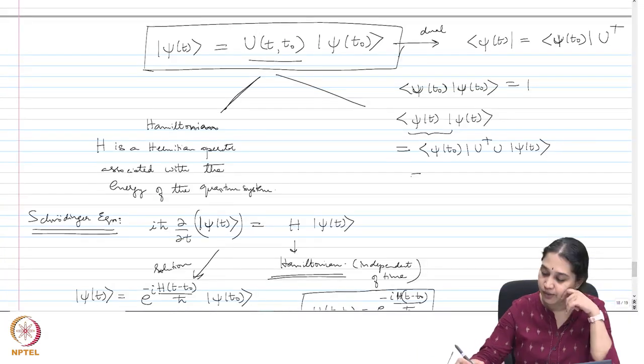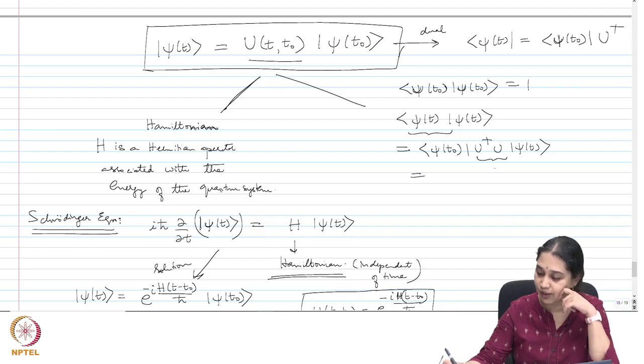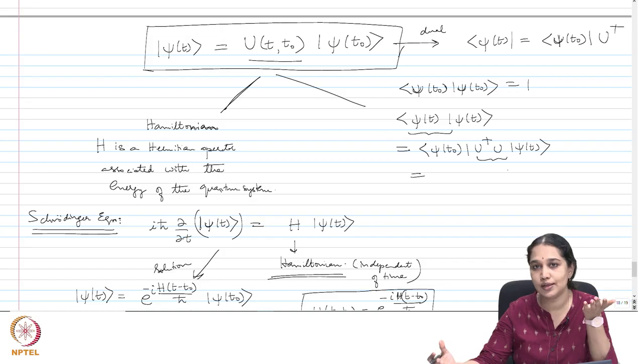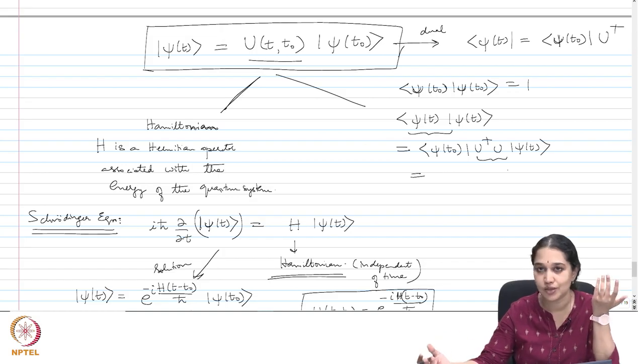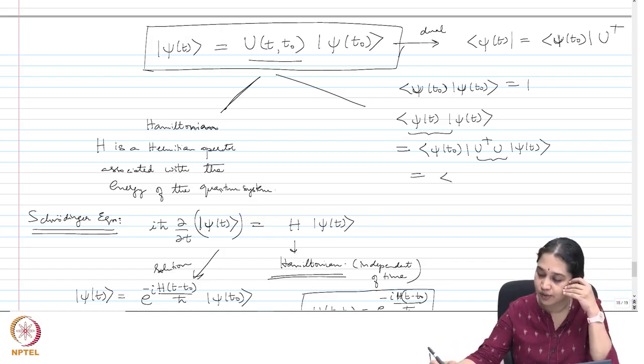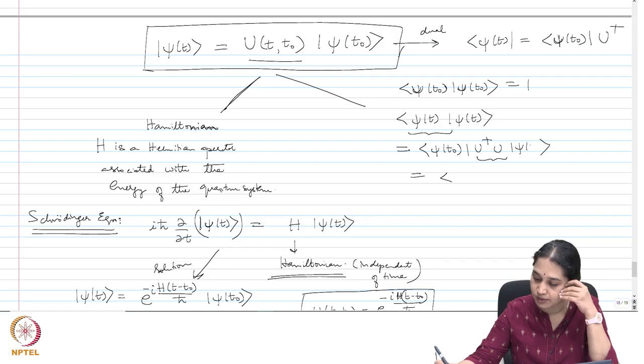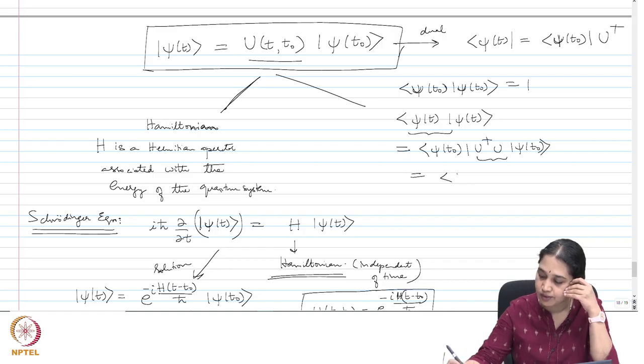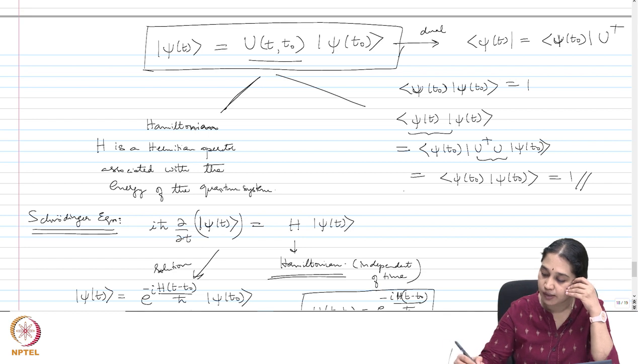But remember that U dagger U, because U is a unitary operator, is nothing but the identity operator. And the identity operator does nothing to any state. It's the operator that leaves every state unchanged. So this then gives me, I'm sorry, this should be t naught as well. So this gives me psi of t naught, which is nothing but the norm of the initial state, which is 1. So the key takeaway from this is that